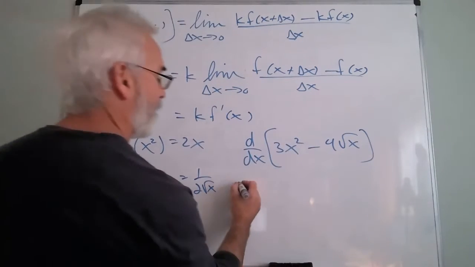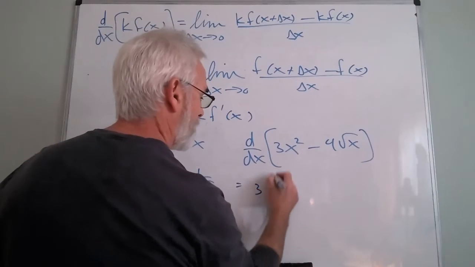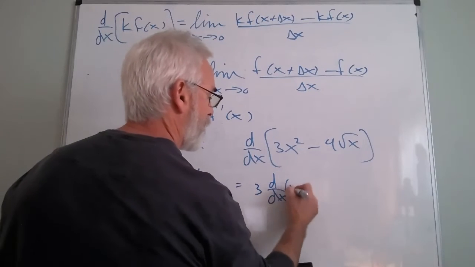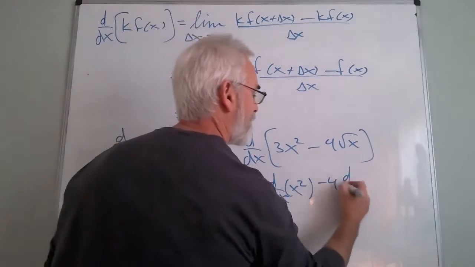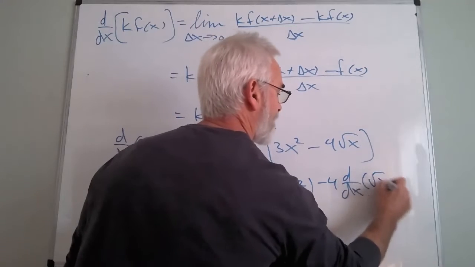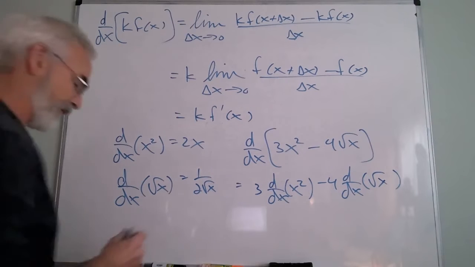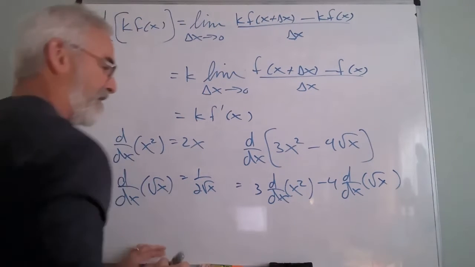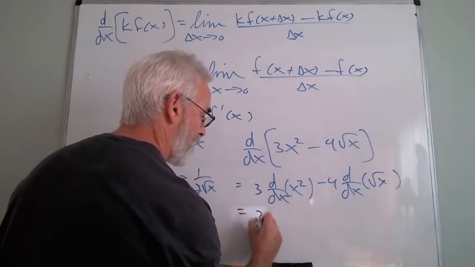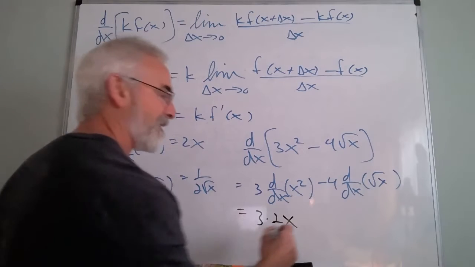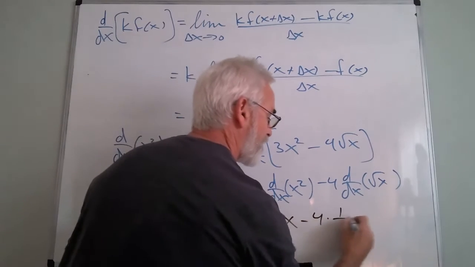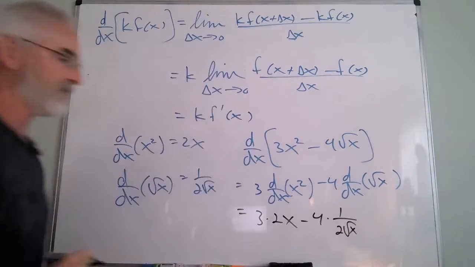Except we now know this is 3 times the derivative of x squared minus 4 times the derivative of root x. That's what we just proved. The derivative of a sum is the sum of the derivatives. The derivative of a scalar multiple is the scalar multiple of the derivatives. So this would simply be 3 times 2x minus 4 times 1 over 2 root x,